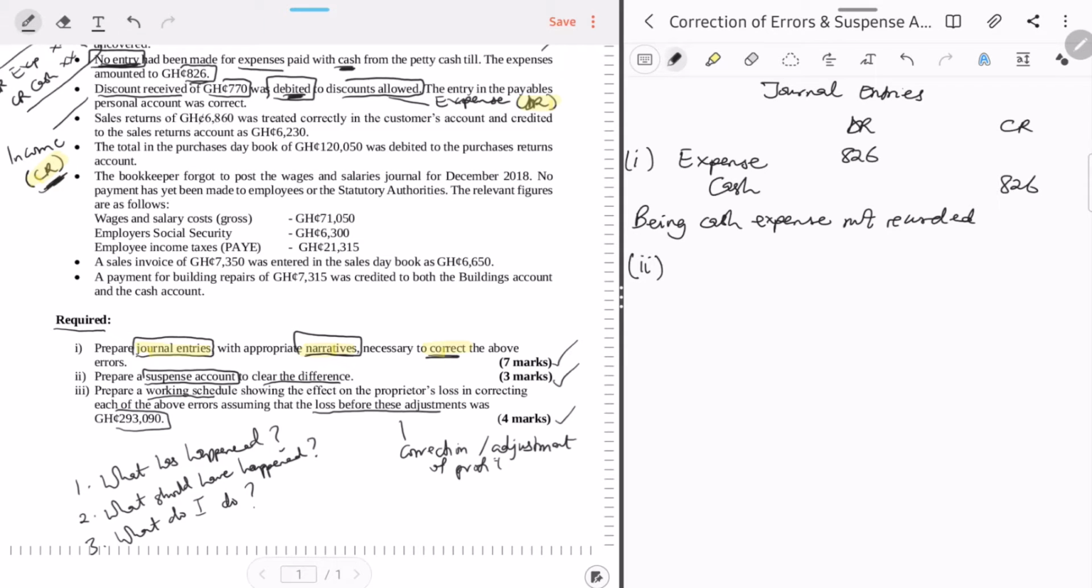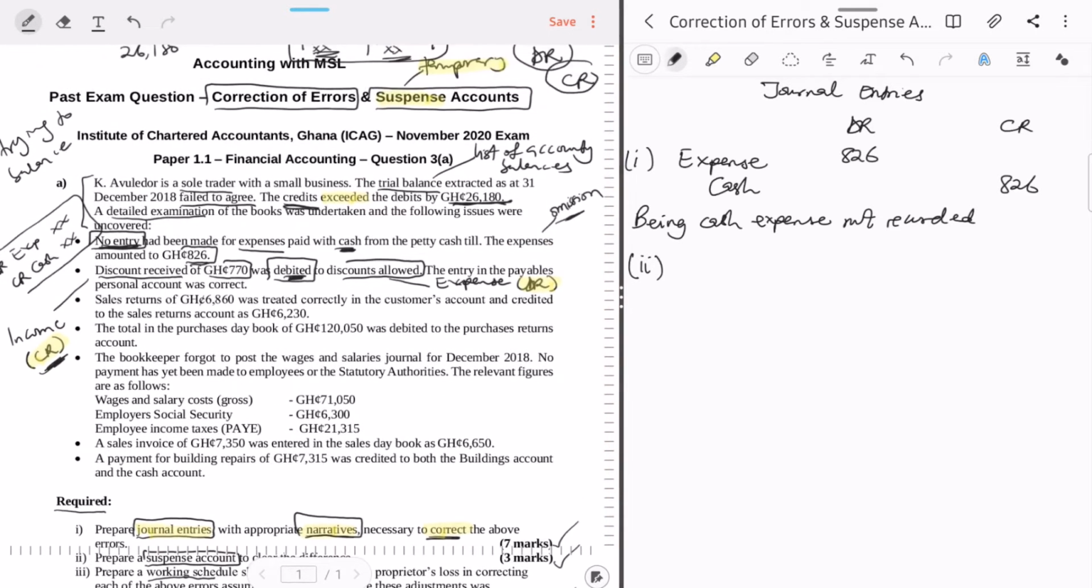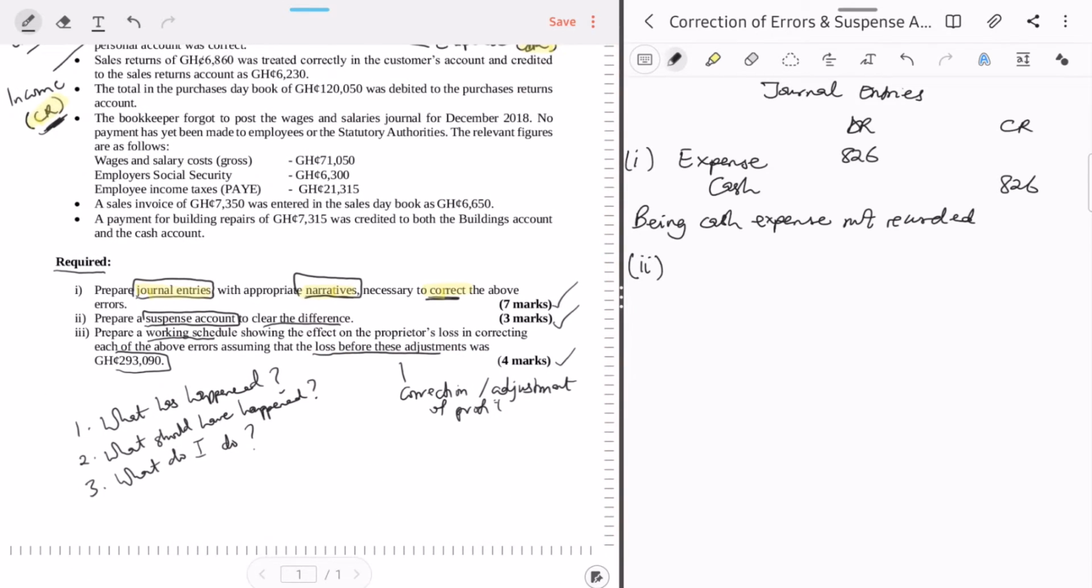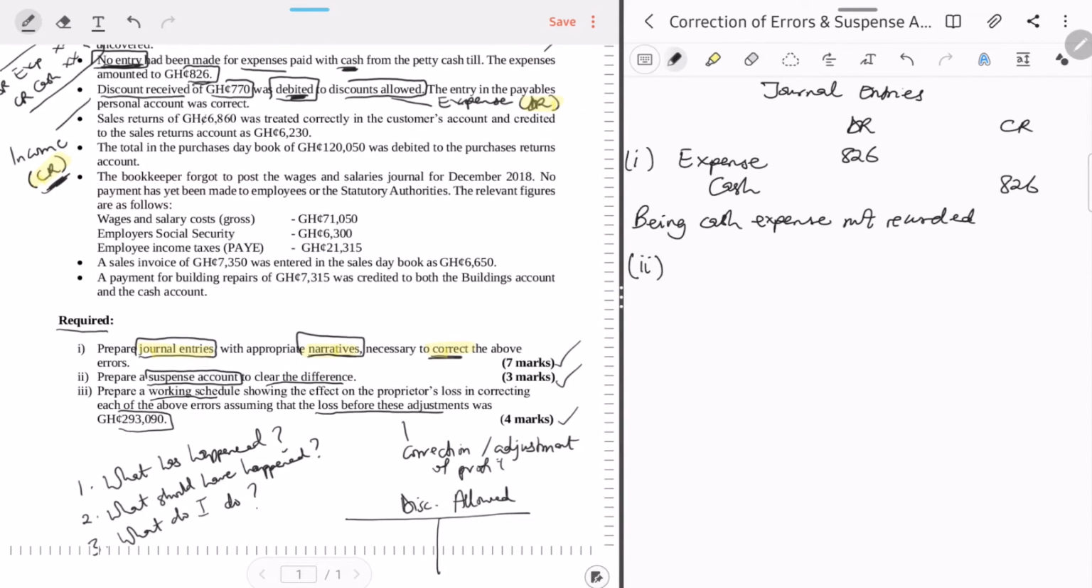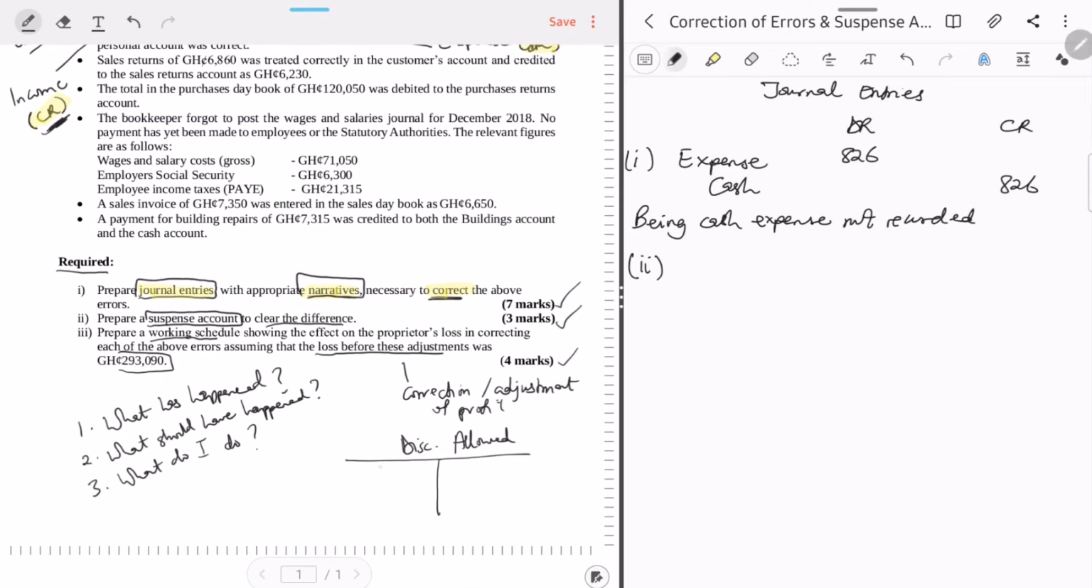You credit it. In the same way, if you have something that is a credit and you want to cancel it, you debit it. See it like this. If I open a T account and I call it discount allowed, and they are saying that 770 has been debited to this account